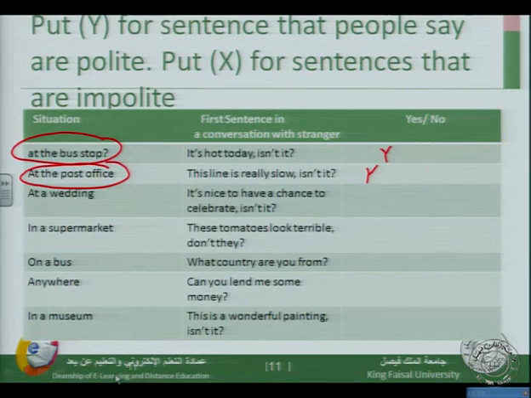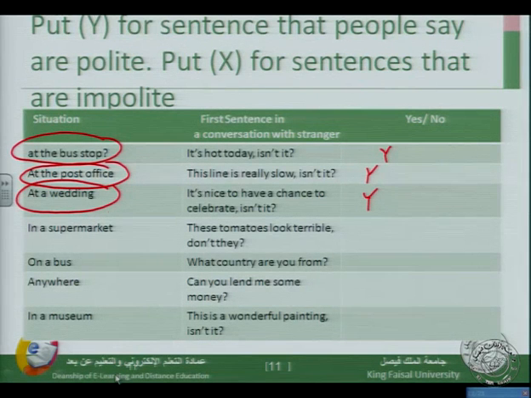So we do it. For example, we can start a conversation at a wedding party. It's nice to have a chance to celebrate, isn't it? And usually in our Arab culture, we celebrate with each other, right? Celebrate means to celebrate. So these are some advices, some sentences, some questions that you may use to start a short conversation with other